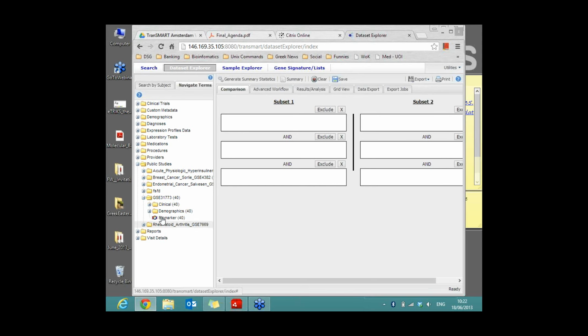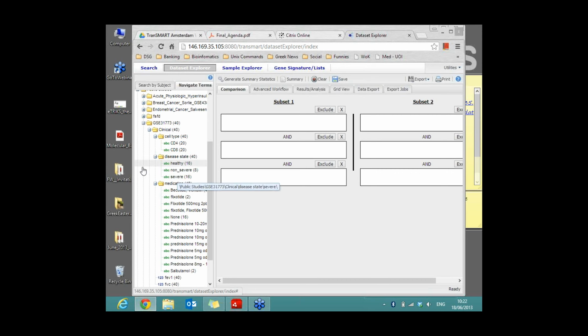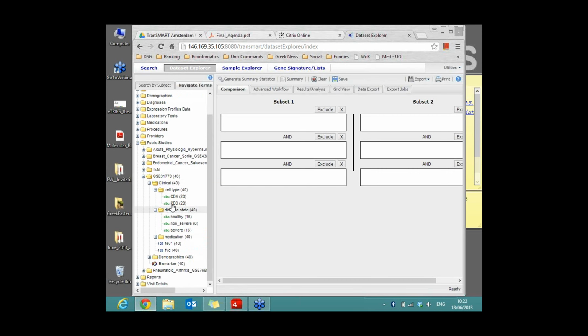When we open up the tree, we see what type of data is in it. If I'd like to see what's in the clinical node, I see that I have cell type information, whether the samples were collected from CD4 T cells or CD8 T cells. You have information on the disease state, for example the cohorts: healthy, non-severe, and severe asthmatics in this case. The medication that they've been on is stored in a text format, and this is denoted by